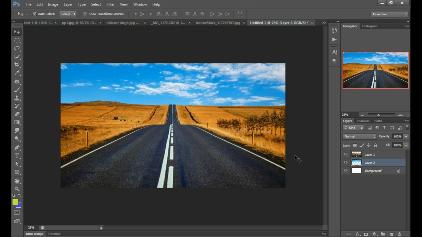Okay, are you clear now? It's the second method for changing sky. Actually, we cut down the previous sky and used our new sky background as a base, as a background. You can bring any other sky from the internet.